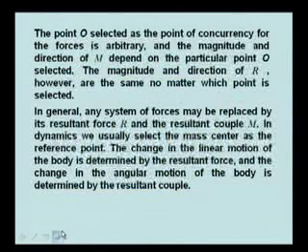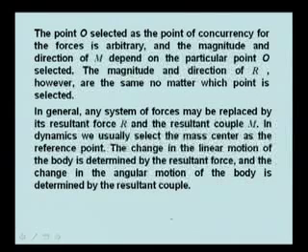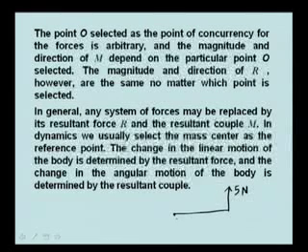Now, the point O selected as the point of concurrency for the forces is arbitrary, and the magnitude and direction of M depend on the particular point O selected. The magnitude and direction of R, however, are the same no matter which point is selected. So, giving a simple example, if you have a force F, a 5 Newton force acting at a distance of 1 meter from O, that can be replaced by a force